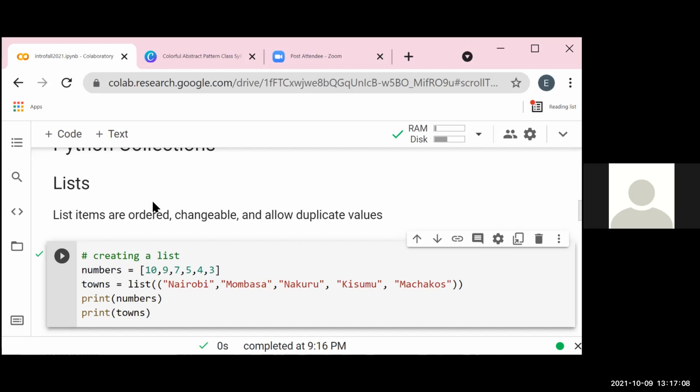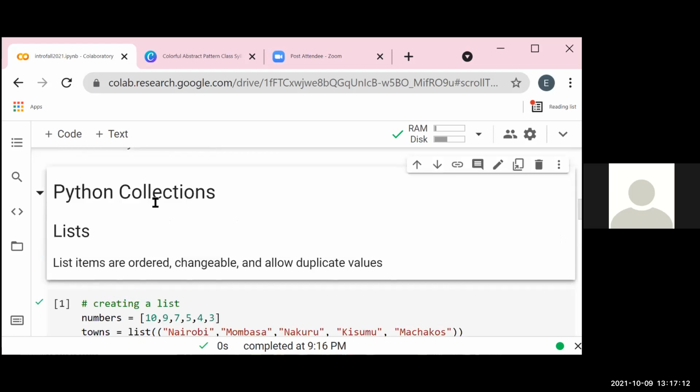So one thing that I'd like us to concentrate on today are Python collections. We said Python collections can be either sequences or the mapping types. So today I will look at lists, tuples, and dictionaries. We use them quite a lot, and you will be coming across them a lot, and you would need to manipulate them in different ways.